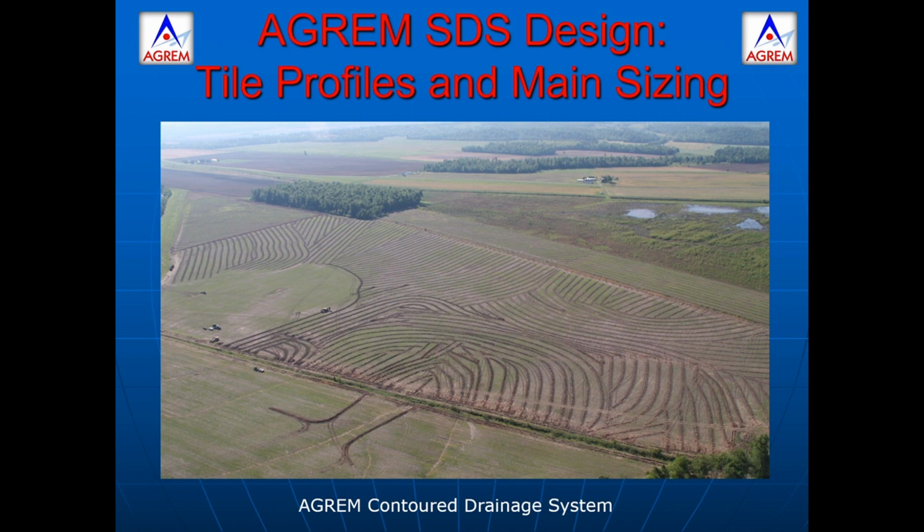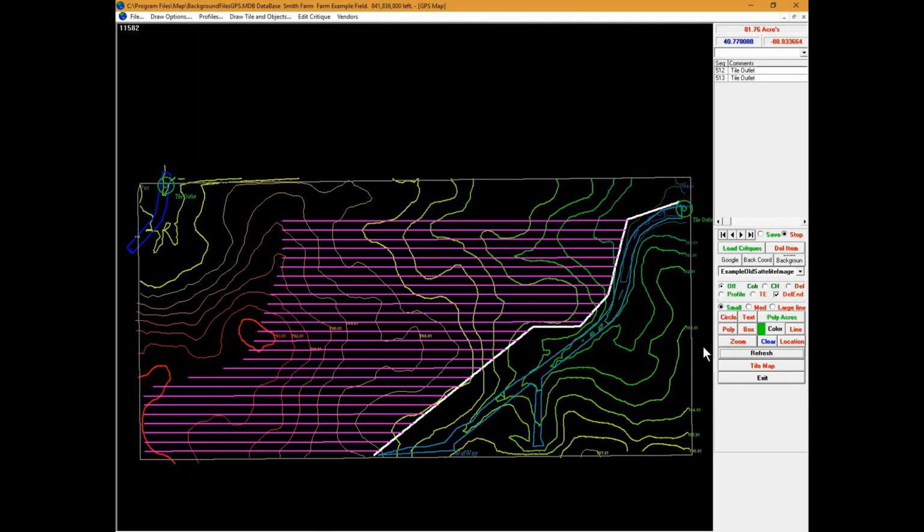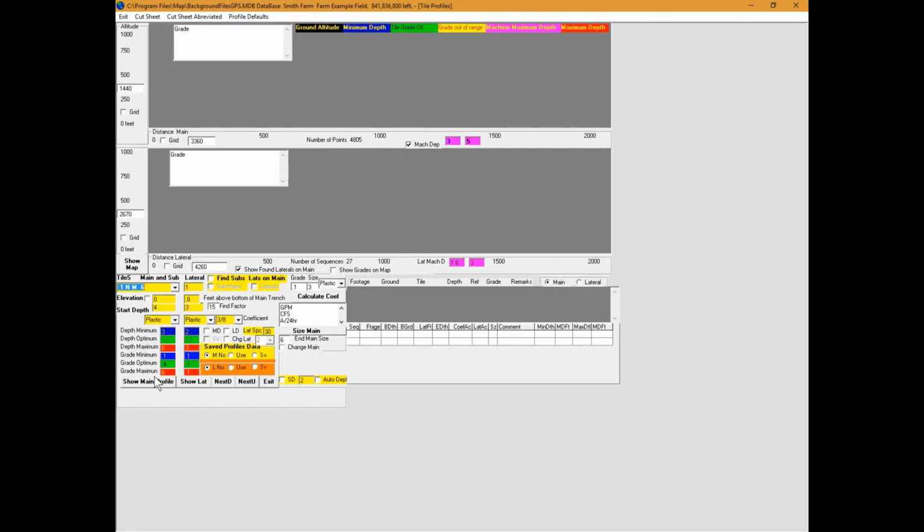I will now show you the process of viewing your tile profiles and saving this information so you can take it out to the field. To access profiles, simply click Profiles at the top of the screen. On the profile screen, you can set your minimum, optimal, and maximum depth and grades per tile or set the default. Once selected, type in the main sequence number or select it from a drop-down box. Then click Show